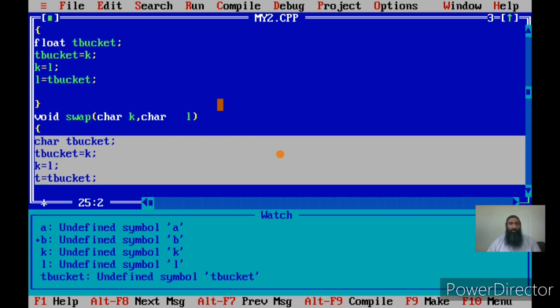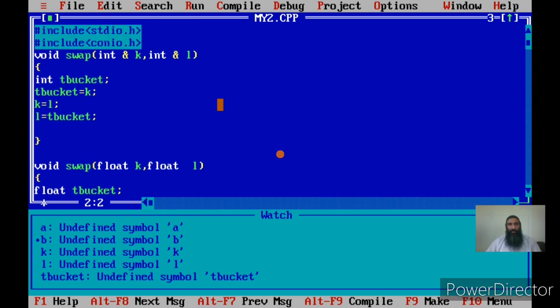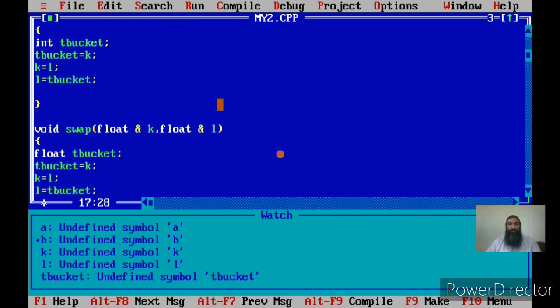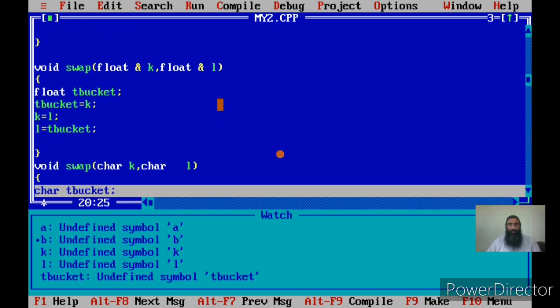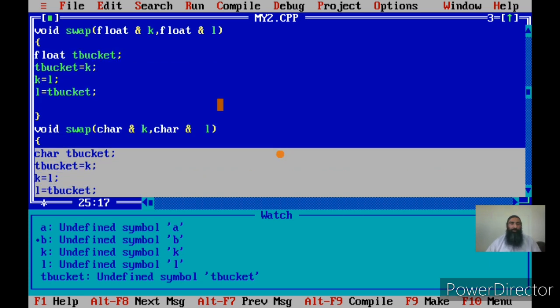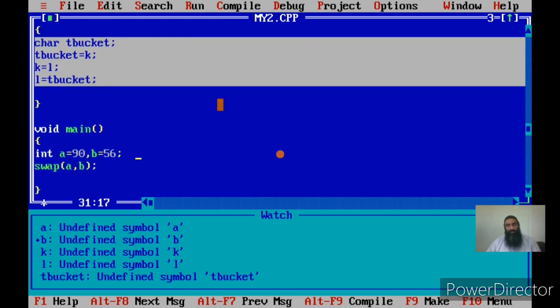We can give, as I have already cleared, that local variables of two functions can have the same name. Since I am passing with the reference, how do you pass with the reference? You put an ampersand between the data type and the variable name. Now in this case the variable name is not created, it is simply a second name for the variables of A. So this we have discussed in parameter passing methods, that's call by reference, call by value and call by pointer.